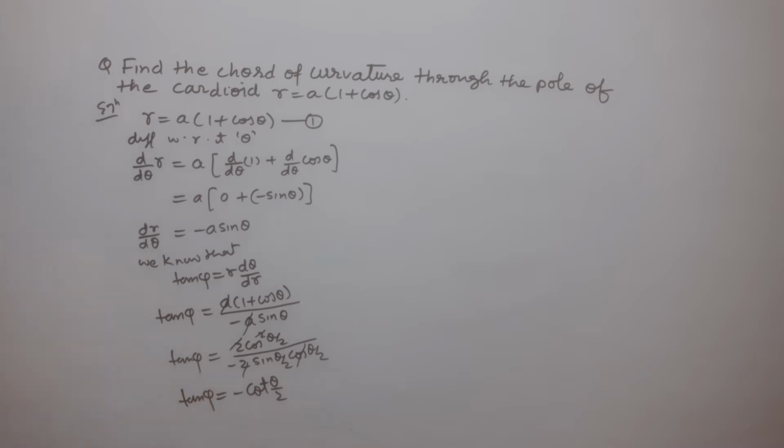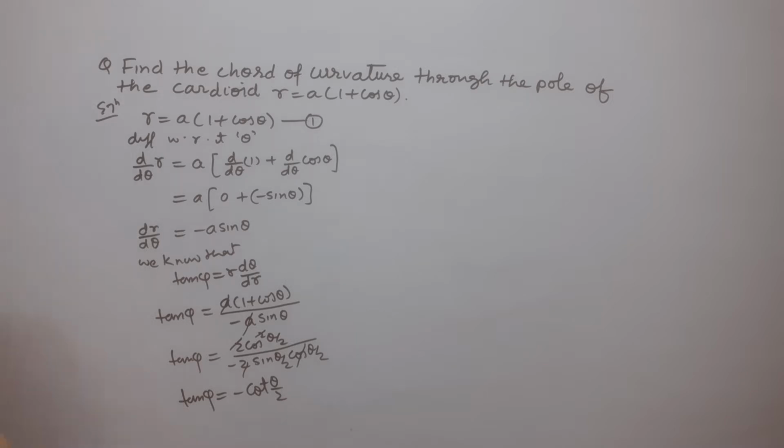आप देख सकते हैं यहाँ पर गिवन कर्व r इक्वल टू a(1 + cos थीटा) है, इसको डिफरेंशिएट कर रहा है थीटा के रिस्पेक्ट में बोथ साइड, इसके लिए ऑपरेटर लगाएंगे d by d थीटा. So d by d theta of r is equal to a times d by d theta of 1 plus d by d theta of cos theta. 1 is constant तो इसका डिफरेंशिएशन थीटा के रिस्पेक्ट में 0 हो गया. cos थीटा का डिफरेंशिएशन थीटा के रिस्पेक्ट में माइनस sin थीटा होगा. So dr by d theta is equal to minus a sin theta हो गया.